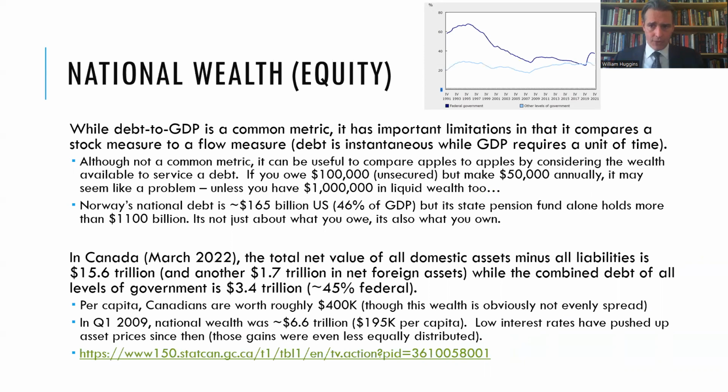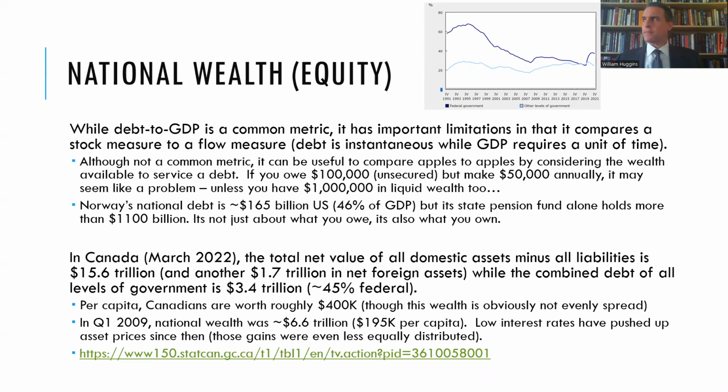So, strictly speaking, if we were to consider it from this capacity, even though a country like Norway might have a national debt of 165 billion, which is a little less than half their GDP, it's important to note that they have about 8 times as much money in just the state pension plan of Norway. So strictly speaking, no one is ever really concerned about the Norwegians defaulting on their debt, regardless of the debt to GDP ratio they might have, because they're absolutely loaded, right? They've got roughly 300 to 400% of their GDP in their pension plan alone,